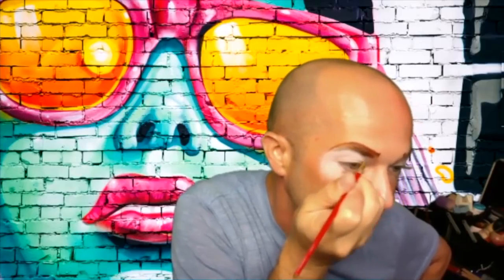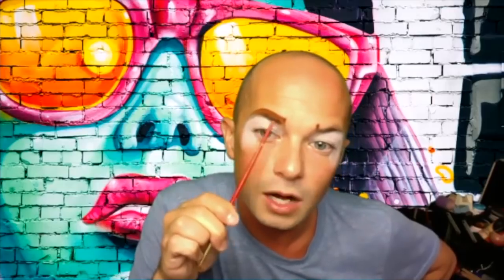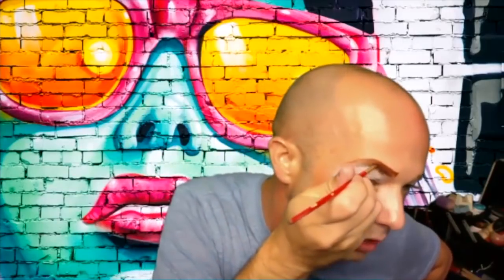Now I'm going to start just filling in my natural brow with this same grease paint. And I'm going to be blending at the top of the brow, making sure that I'm connecting where my natural brow is and that line that I just created. And next I'll be moving over to the other side. And now I'm going to just put one quick little layer of powder over this